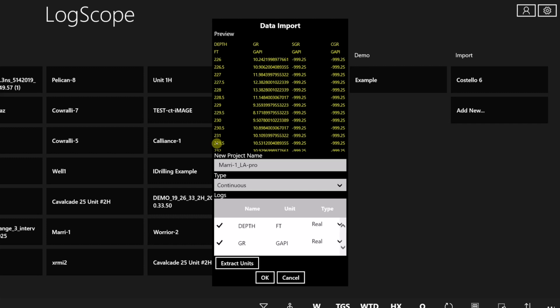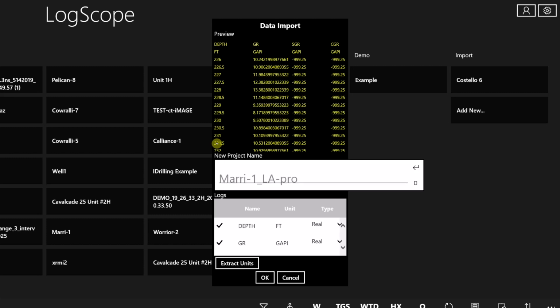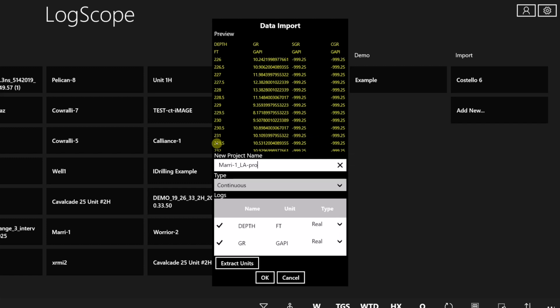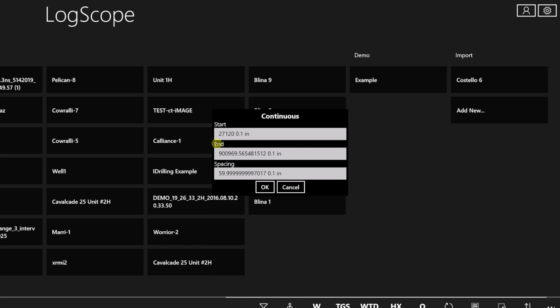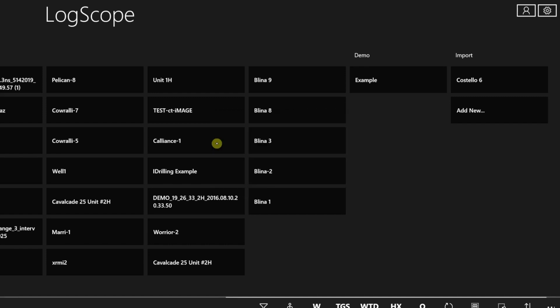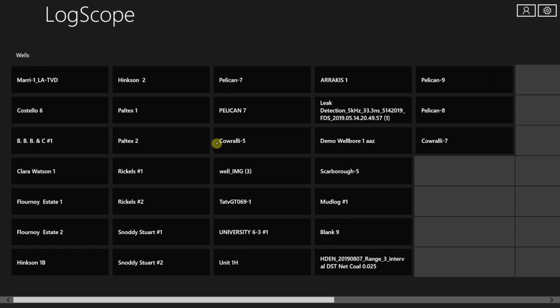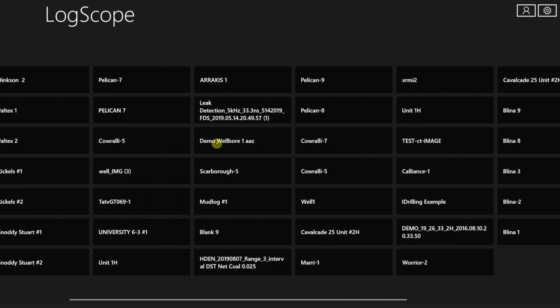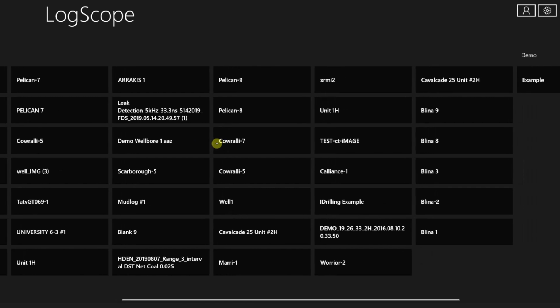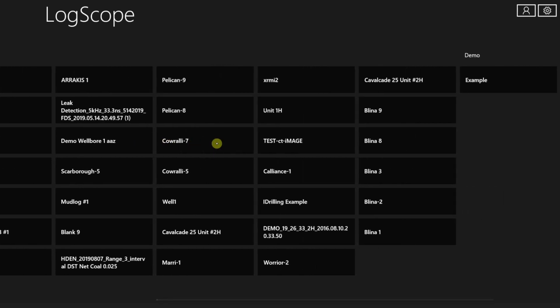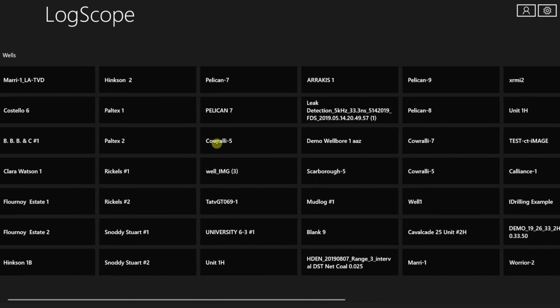and then we'll call this TVD, and then we just load it, and that data is loaded as TVD. So if we see here, we have Mary 1, and we should have